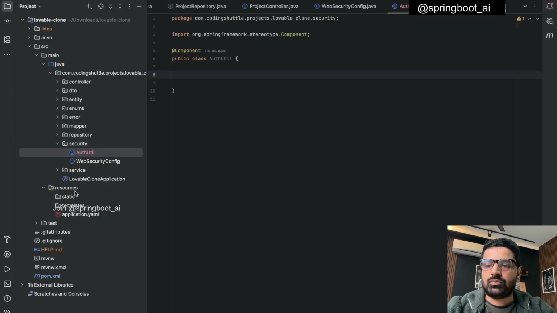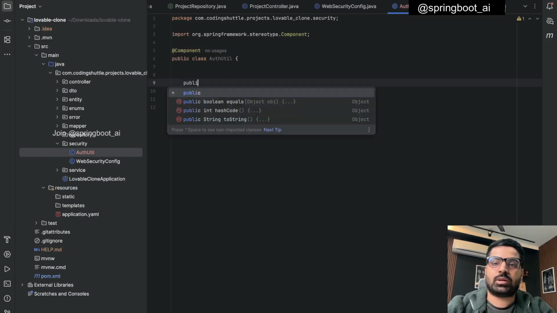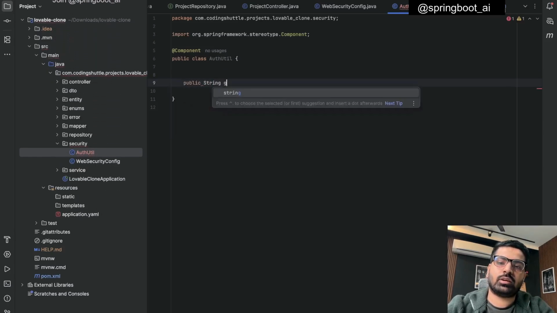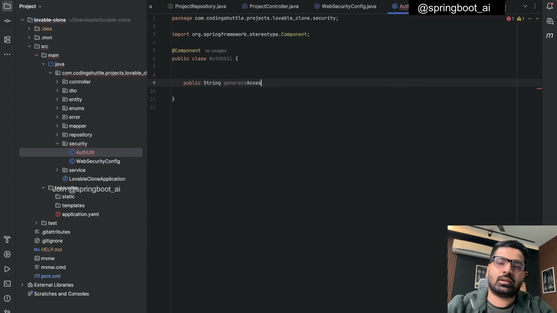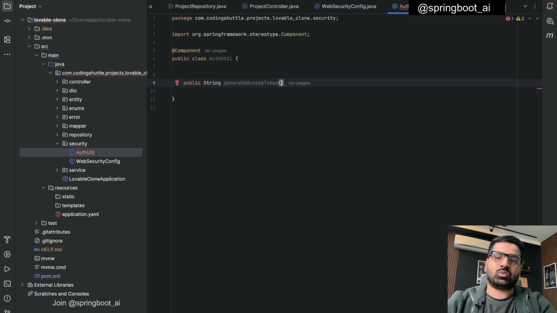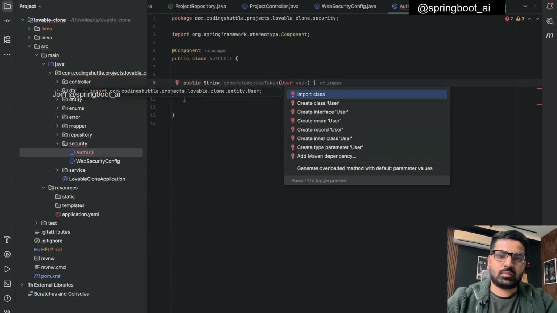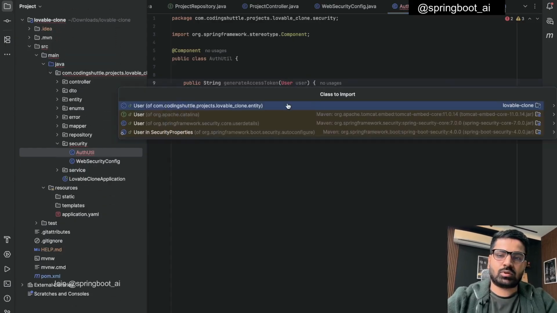Cool. So first of all, we'll create a method called generate access token. So public string generate access token, and to generate the token, we'll need a user using which we can generate the access token. So let's just get a user, and this is our user. Import class from here,